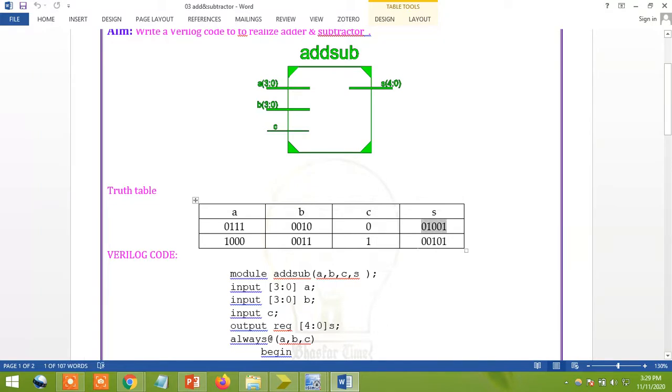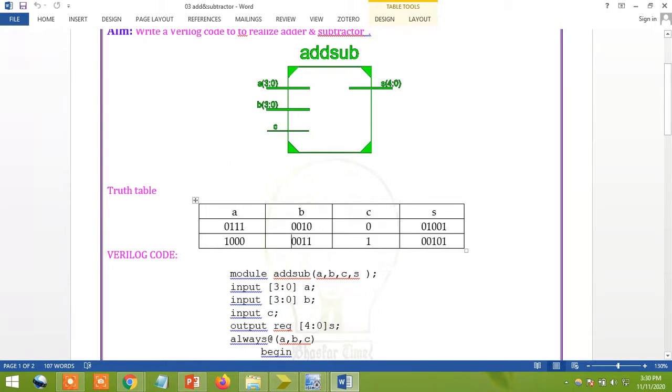And here you can see we just do the subtraction. You already know that we're looking for the 2's complement form. So I'm looking for 8 minus 3. 8 minus 3, how am I getting it? I need to take the 3's complement. 3 is 0 0 1 1, and its complement I'll get is 1 1 0 0. Plus 1 I'm going to add, then it is 1 1 0 1. This 1 1 0 1 you need to add with 1 0 0 0. I'll get the value 0 0 1 0 1, and you'll get the C output as 1.